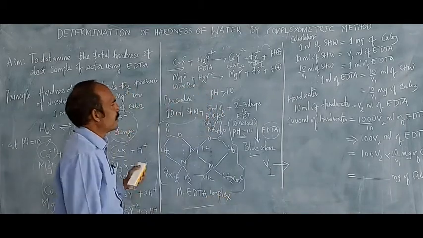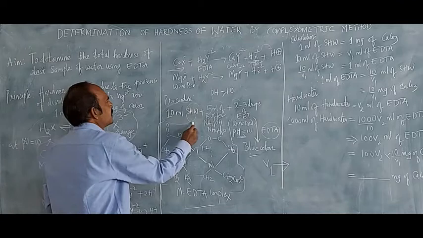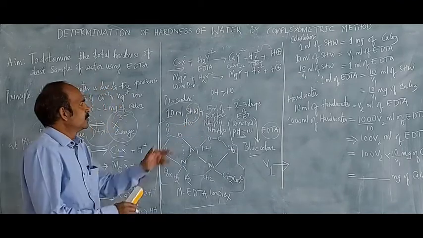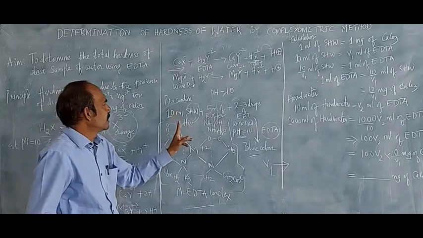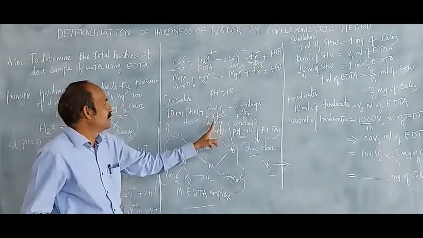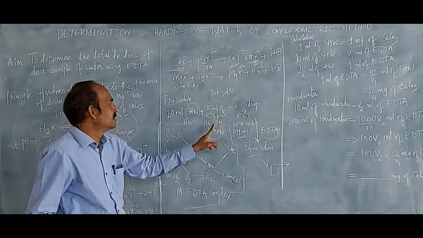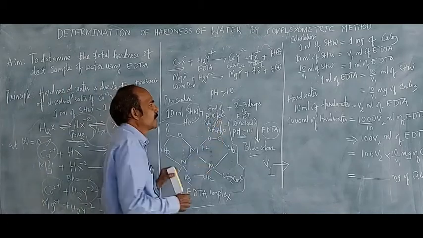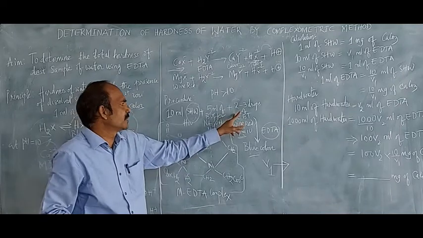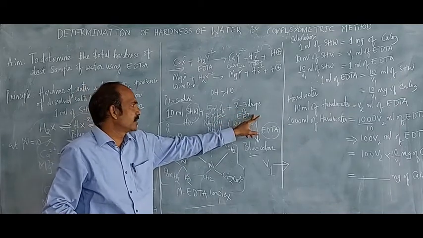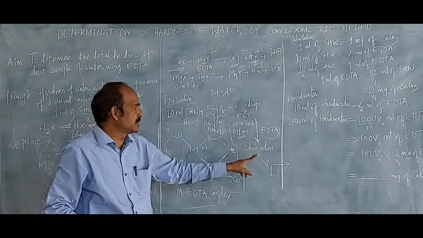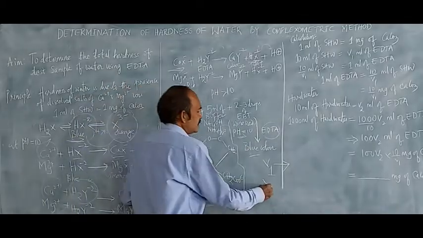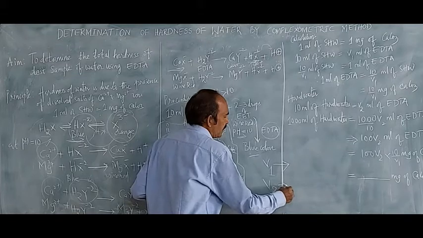Similarly we do it for the hard water. The only thing is, instead of taking the standard hard water, here we take 10 ml of hard water, and the procedure is the same. So you prepare 10 ml of hard water, 5 ml of buffer, adjusted to pH equal to 10 by the addition of ammonium hydroxide and ammonium chloride, and a pinch of Eriochrome Black T indicator where it changes to violet color, and when we titrate it against the EDTA it changes to blue color. So the procedure is common for all. The only thing is the readings will be in the form of V1 and V2.